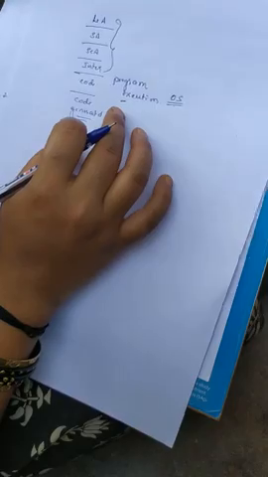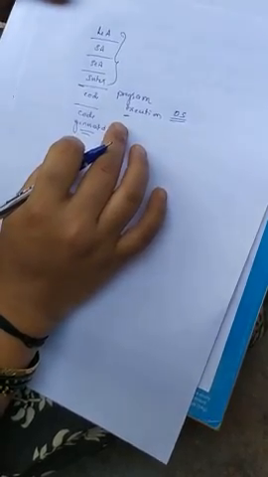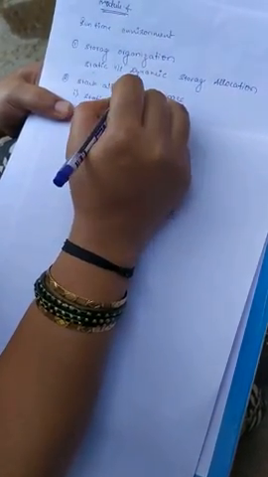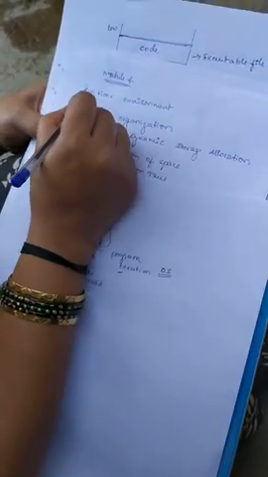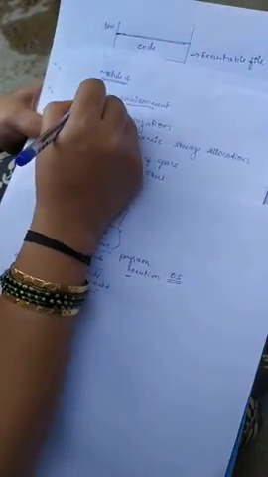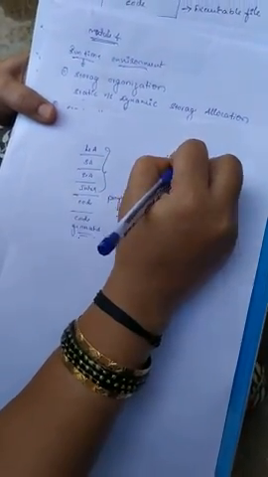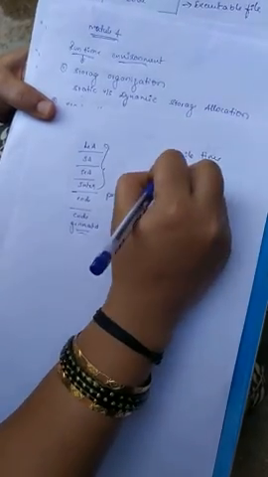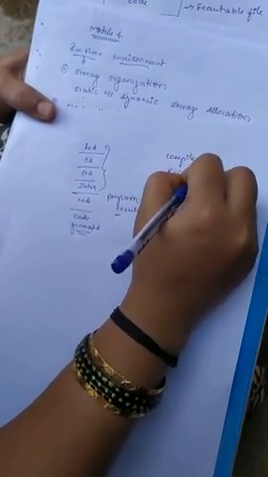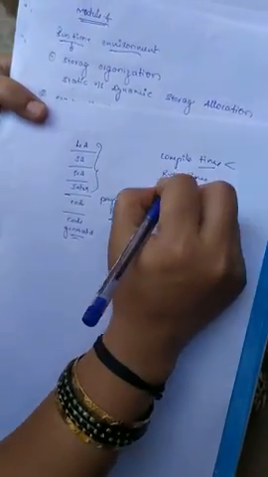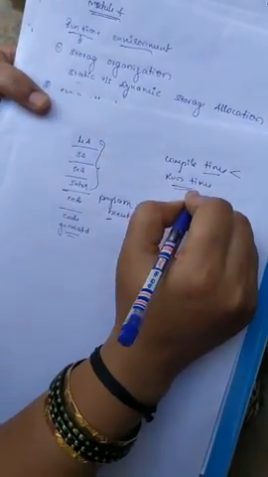Is clear? So the first topic of the runtime environment is storage organization, that is static versus dynamic storage allocation. Before moving to static or dynamic storage allocation, first we should know what the runtime environment is. What is the meaning of runtime environment? We have 2 different types: one is compile time, and another one is runtime. At compile time, the memory will be allocated for the compilation. At runtime, during the execution time, the memory will be allocated.